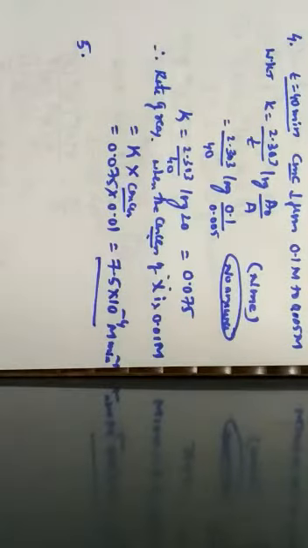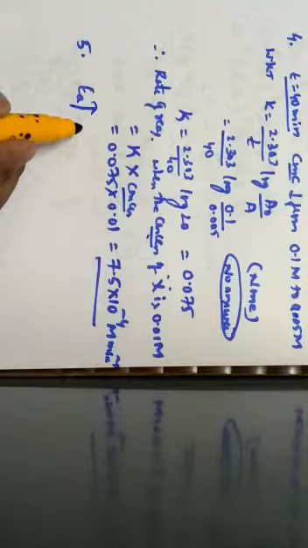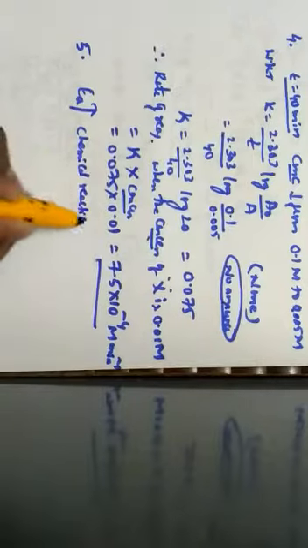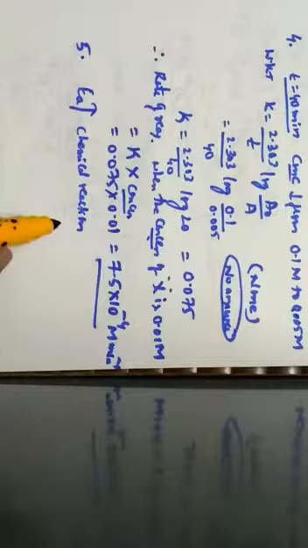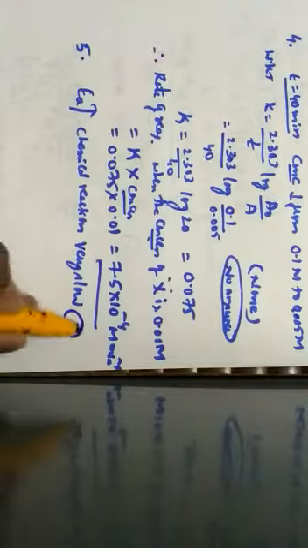Chemical reactions with very high EA values are generally, so here one should know that EA means energy of activation. Chemical reactions with very high energy of activation are generally slow. If the energy of activation is maximum, the chemical reactions will be very slow. According to this, the correct option for the given question is what?